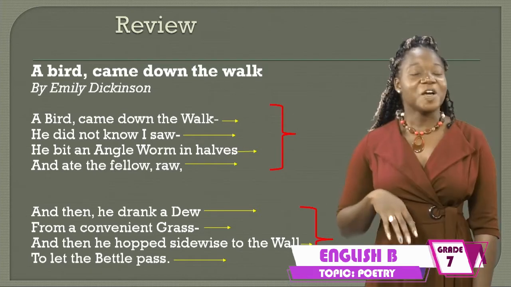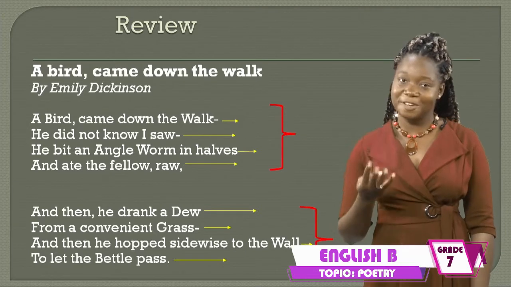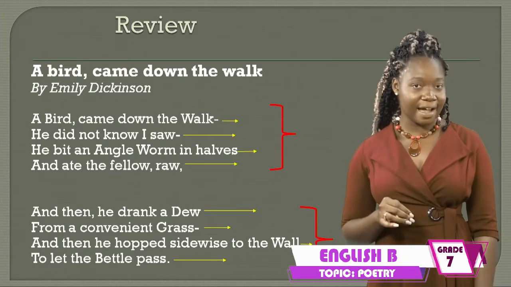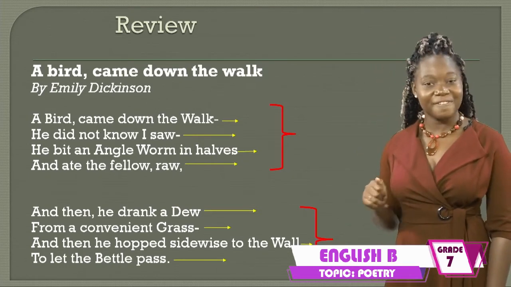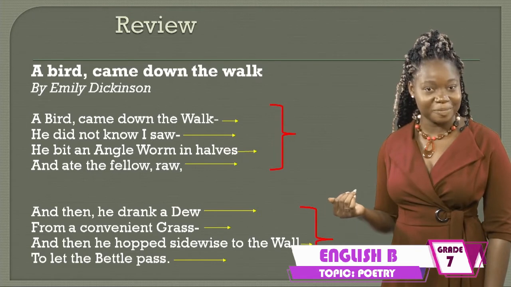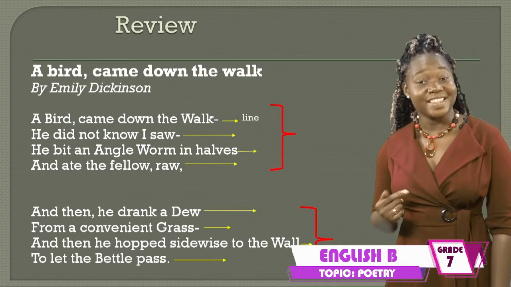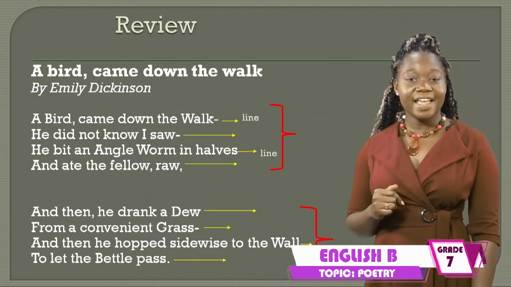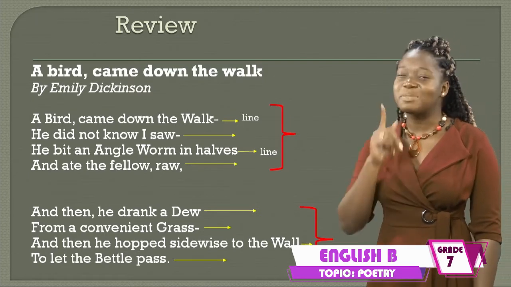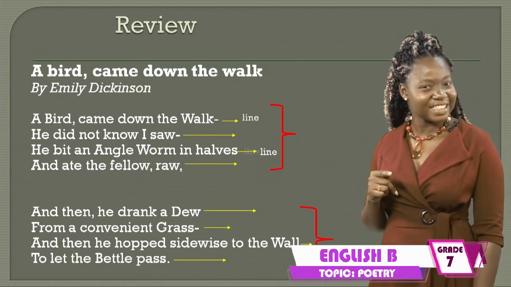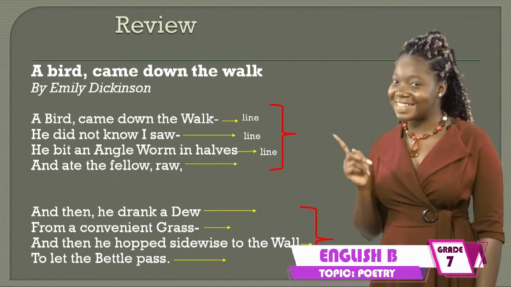Let's review. We just learned the first 2 of the 4 key terms that I give to you. Those 2 terms are line and stanza. So, can you identify the lines and stanzas here? So, what's our first line? That's a line, yes? And then we have line here. Is that correct? I believe you missed a line. Yeah. So this would be line 2. You can never miss lines